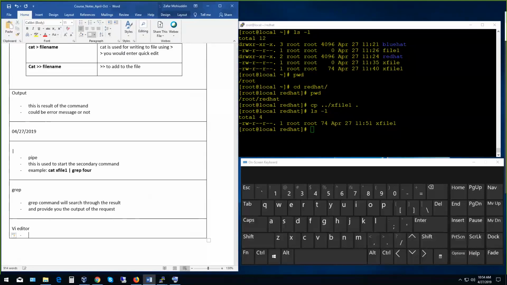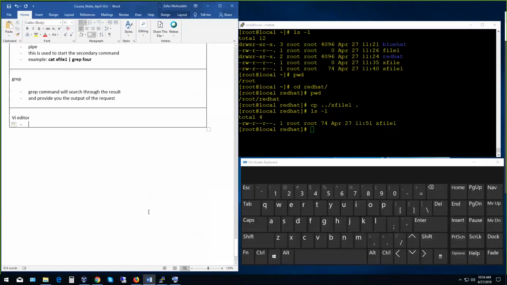Okay, what is the VI editor? It's a text editor,